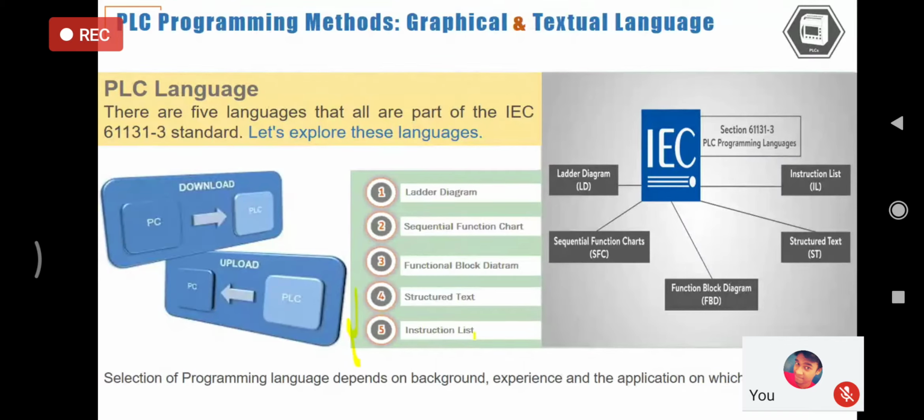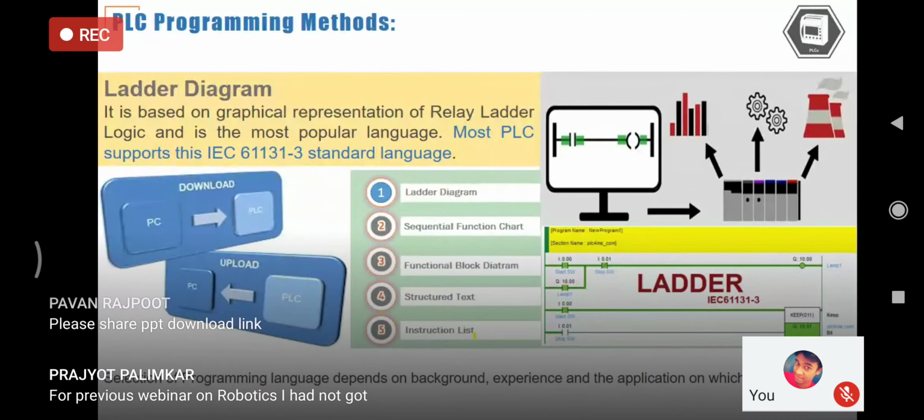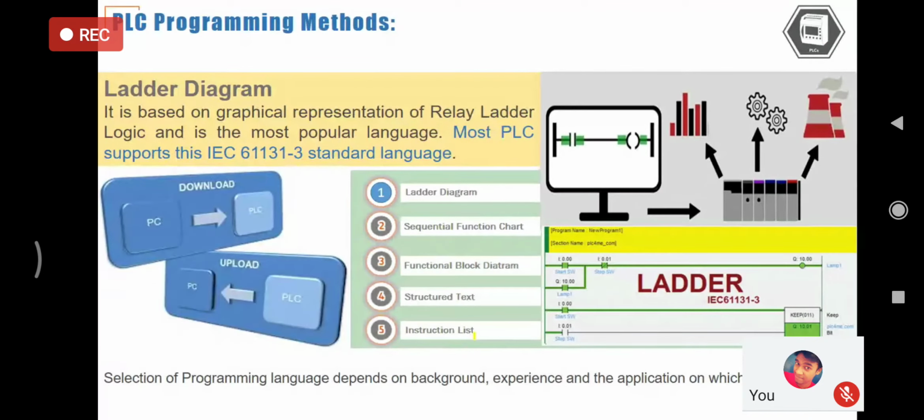Due to the simple and convenient features of graphical representation, we use graphical methods for PLCs as compared to textual languages. Ladder logic is one of the simplest forms of PLC program. Ladder logic is also known as relay ladder diagram or relay logic diagram.